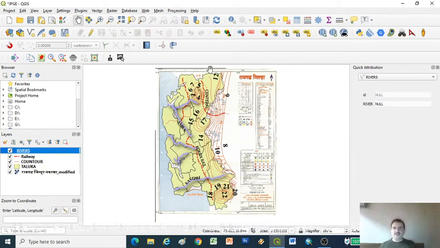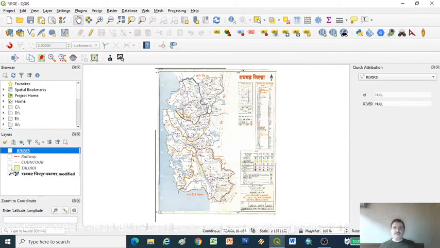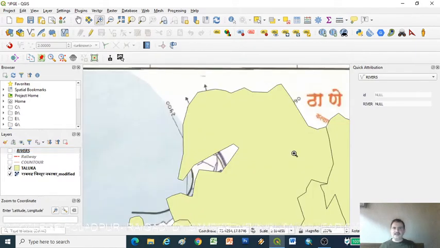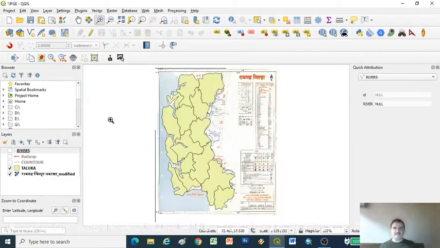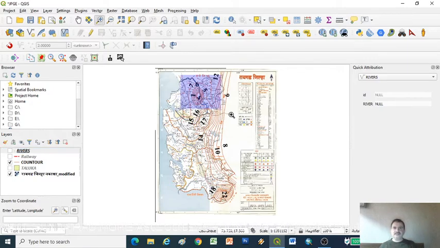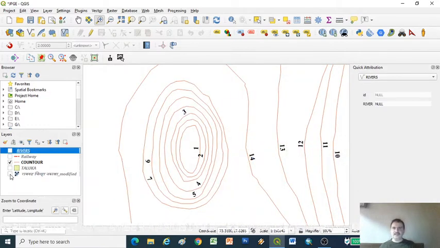So I just created some layers here. This is the base map which we have taken. These are the raster image. I just created one layer here, that is a polygon. If we zoom in, we can understand these are the polygon layer. Next one, a contour layer which I generated here. In the last lecture we saw how to create a contour layer, so we can understand the contour layer.